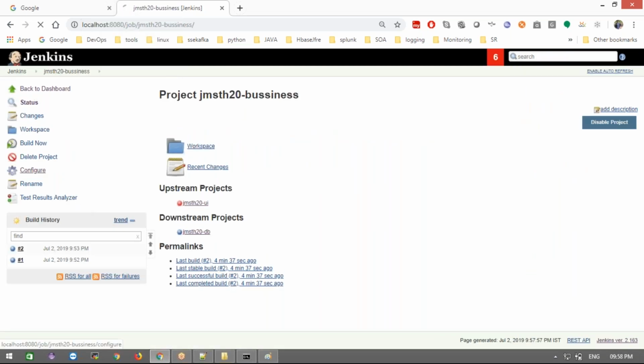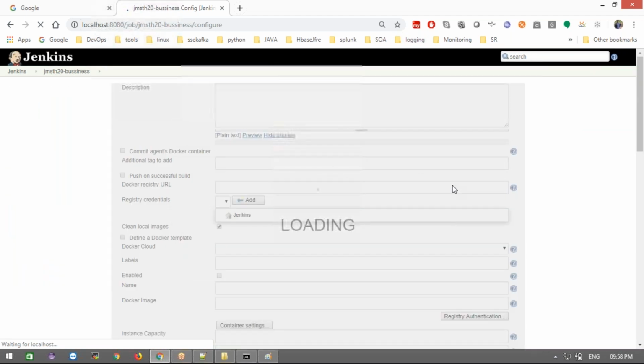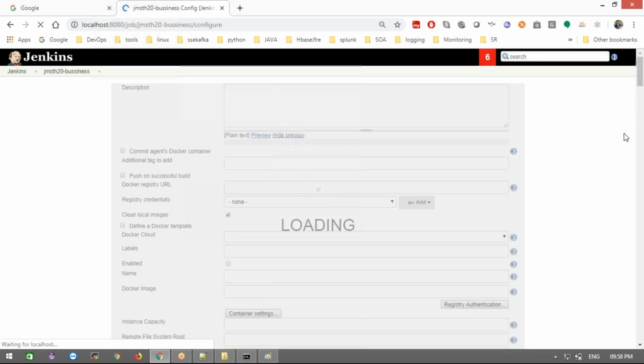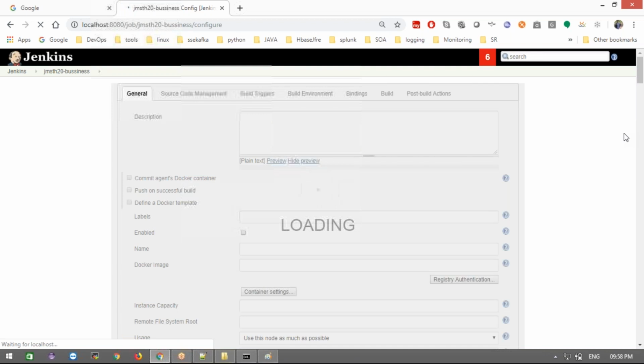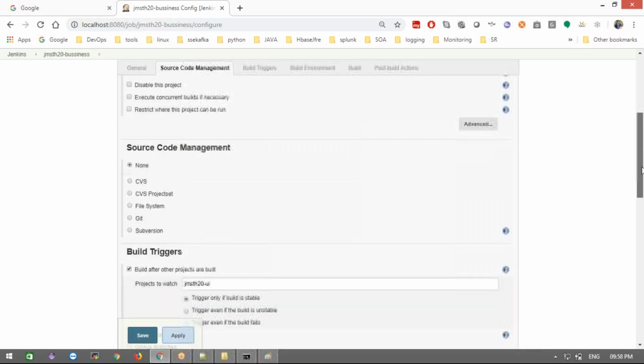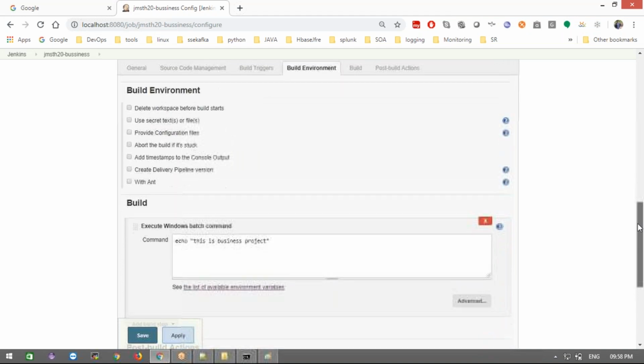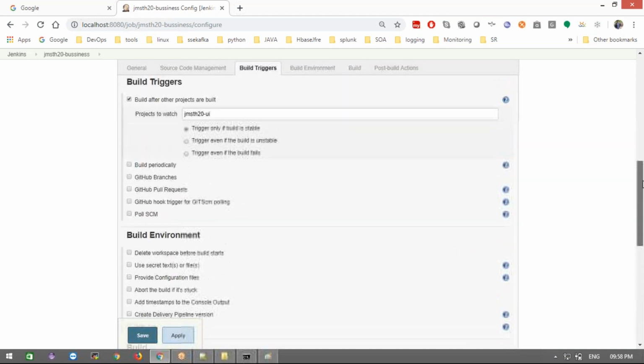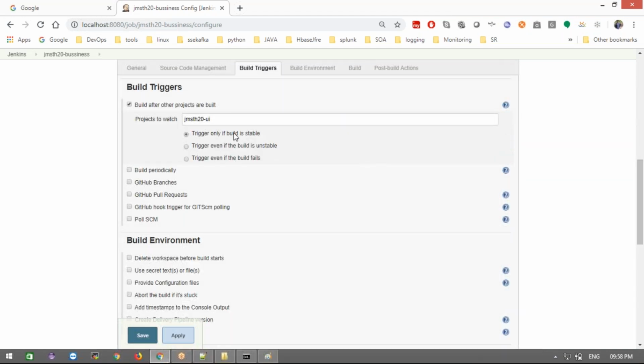Go to configure and see here, right? Trigger only if build stable. If build is stable, I need to trigger that.